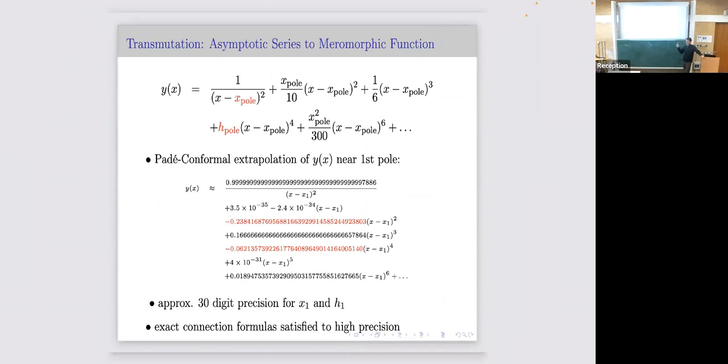I forgot to mention, even in the case of that incomplete gamma function, the standard Dingle-type factorial power-type expansion, you could have just done Pade in the x variable. Okay, it's perfectly reasonable. But the scaling there would be 1/n instead of 1/n squared. So as far as I know, this was first observed by Barry Simon in one of his papers on the anharmonic oscillator. He just noticed that if they did Pade in the Borel plane, it converged better than if they were doing Pade in the physical domain. No explanation. He said, oh, this is curious. But now we see why it's true. You can really see the scaling.